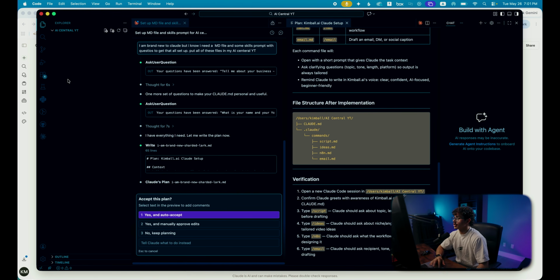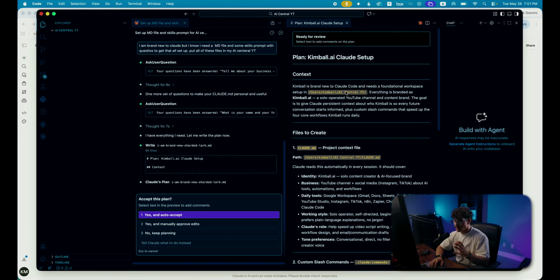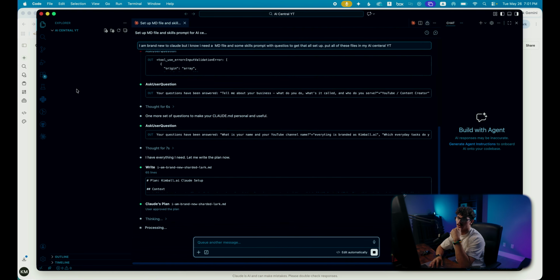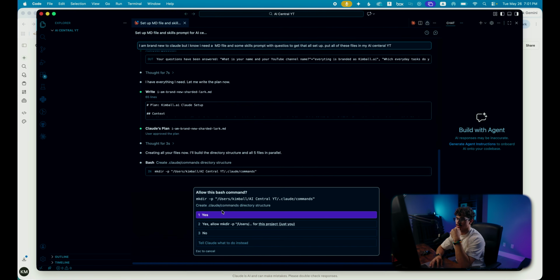So once you're good, as long as everything in here looks right to you, then you can hit yes, auto accept, or you can say no, keep planning, or you can tell it what to do. But obviously this looks good for me. So I hit auto accept. And you're going to see over here that the files are going to start to appear, and obviously go ahead and allow